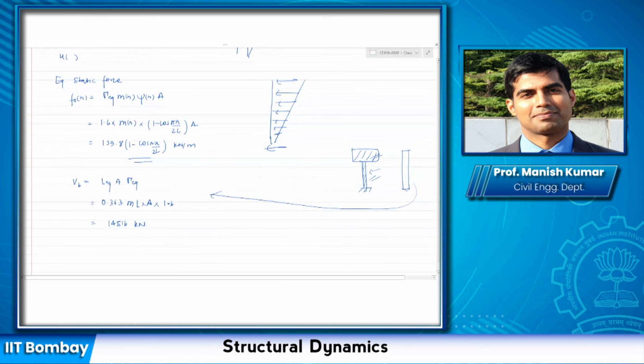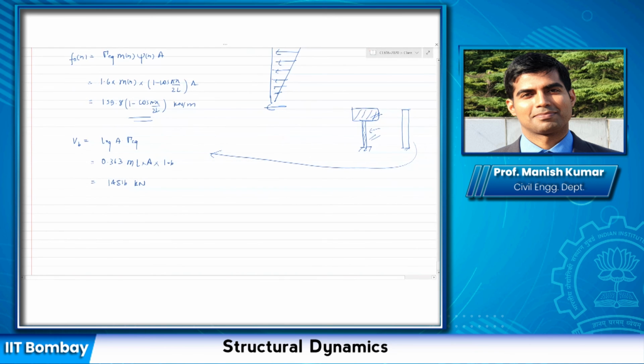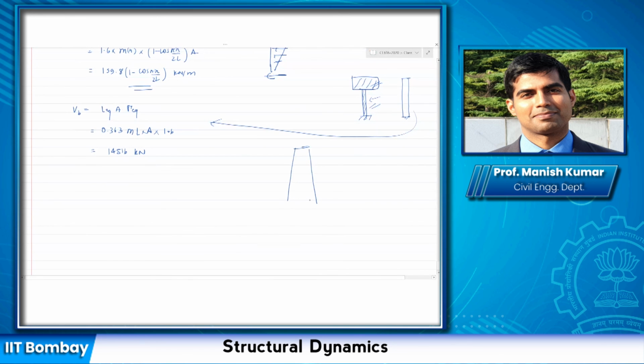And this is simply the case. You would have seen brick chimneys, which are like this, might not be a constant cross section. But remember, the formula that we have derived is valid for variable mass and variable stiffness as well. So it doesn't need to be constant as long as you know the variation. Even a continuous system in which it is not apparent how to get the total mass lumped or how to get the equivalent stiffness, I can still simplify that to a single degree of freedom system to get the final design forces and design moments in the system.